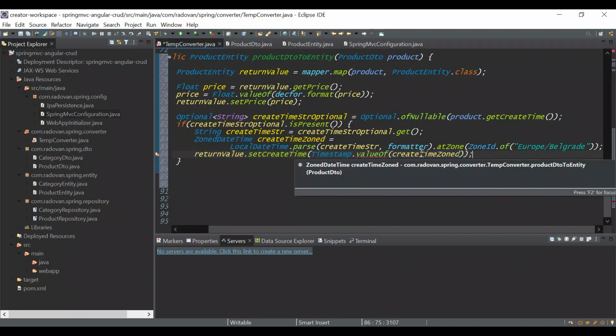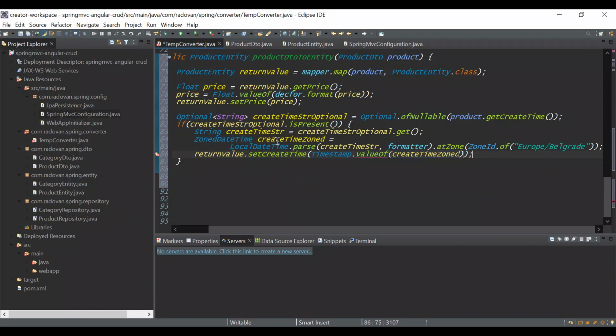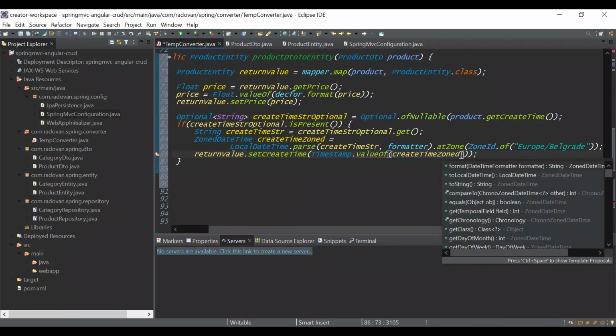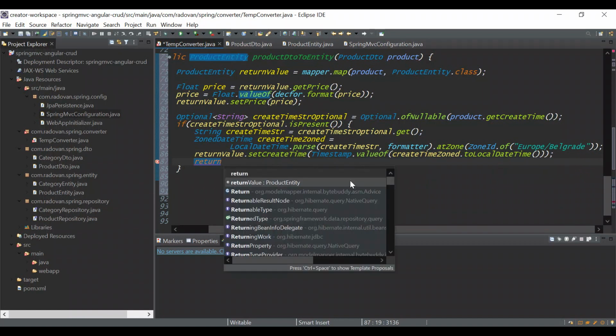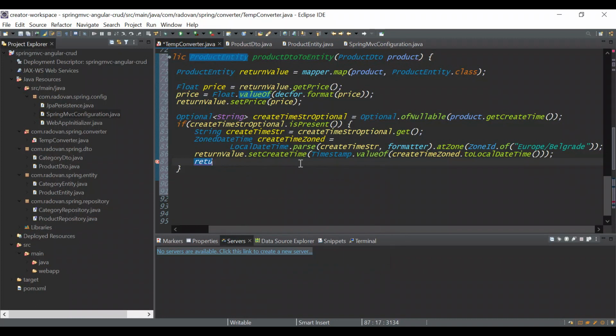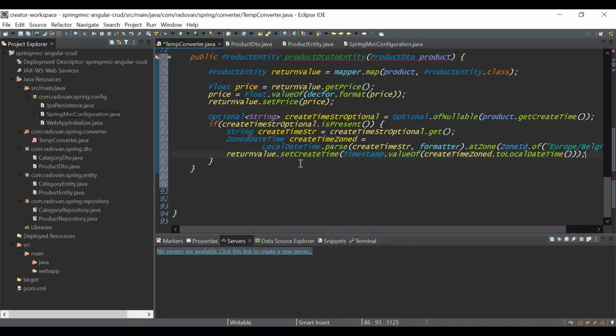But in my case, I think that it should work. Just a moment. Okay, it needs to be in a local date time. Okay, I understand. Okay, we couldn't, and now I think that's enough for that, and we need to do the same for